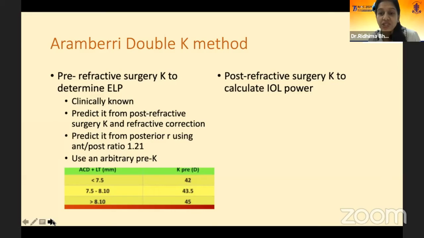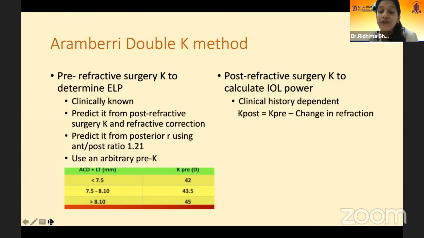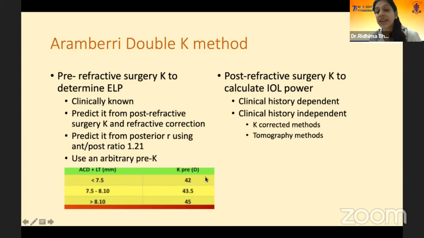Post-refractive surgery K calculation is, I think, going to be discussed in the next talk, but just the gist of it: either you use a clinical history dependent method, the reverse of what I had discussed here. That means the post-K can be calculated if you know the pre-K along with the change in refractive treatment. If the K previous to the surgery was 45 and you've done a 6 diopter myopia treatment, it's going to be 39 diopters as of now. Similarly for a hyperopic treatment, it's going to steepen by the amount of correction. Or if you don't have the history available, there are still